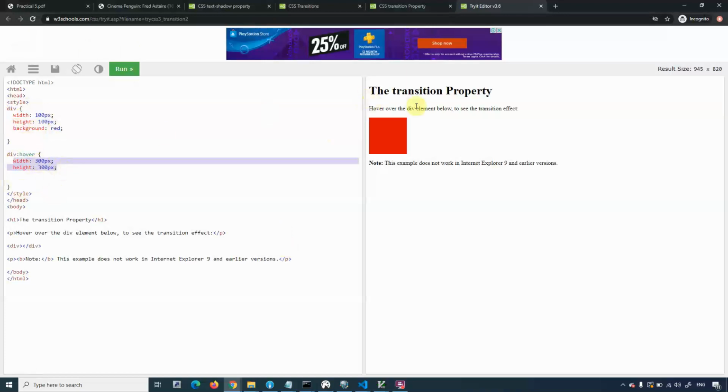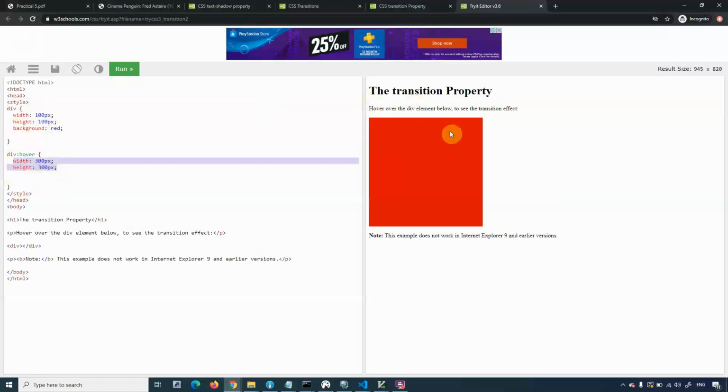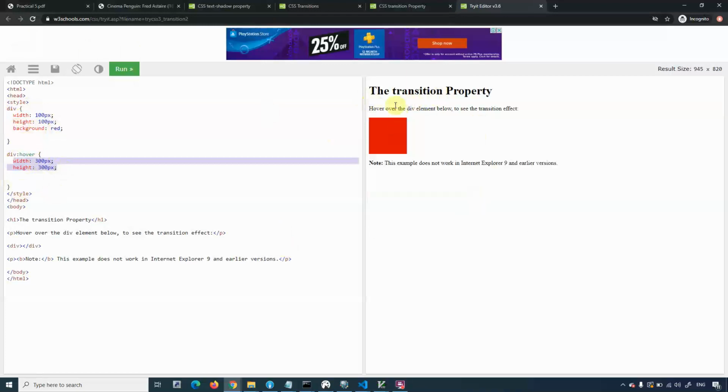Now let us have a look. This is the original state, and when you mouse over, you have a sudden change. Okay, there is no transition, no animation, and what we'd like to do is to have it animate. So